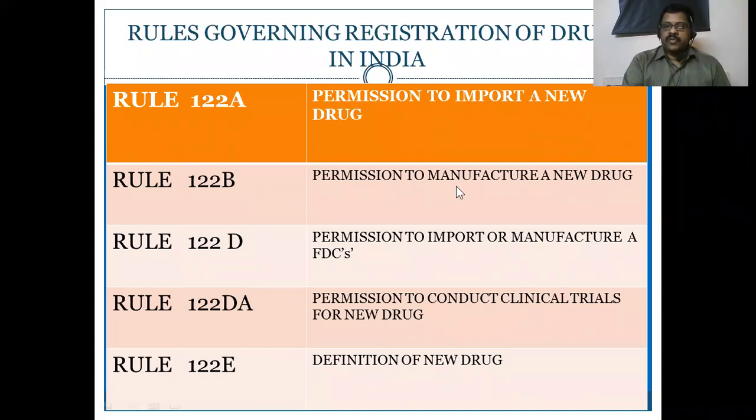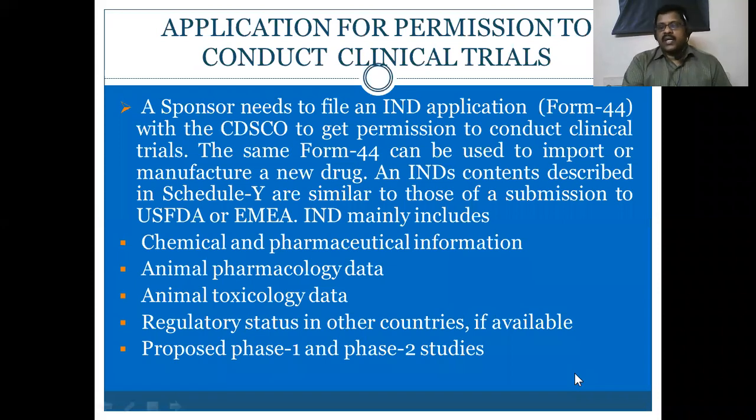122B, permission to manufacture a new drug. 122D, permission to import and manufacture an FDC. 122DA, permission to conduct clinical trial for a new drug. 122E, giving the definition of new drug. So like that,